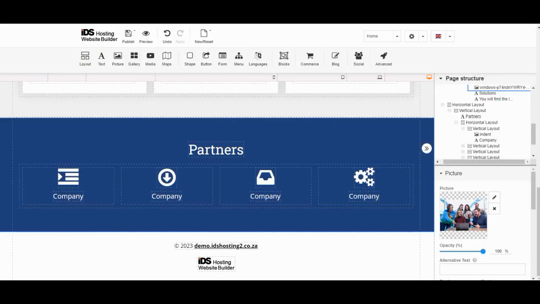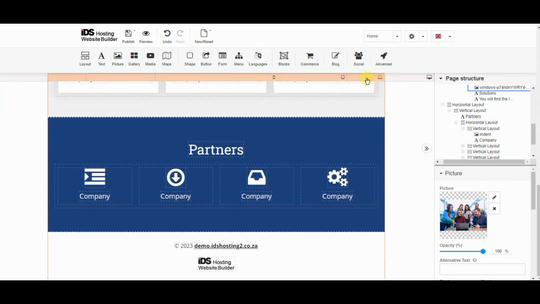Hello. I'd like to cover the layout blocks on the IDS website builder. This is a foundational element, and once you've grasped how these blocks work, then the development on the site is very simple. These blocks just repeat themselves over and over again. They're just a duplication, and inside these blocks you'll just put in the modules or the elements that you need for the website. But once you understand them, understand how to make sure that they are designed and work dynamically,